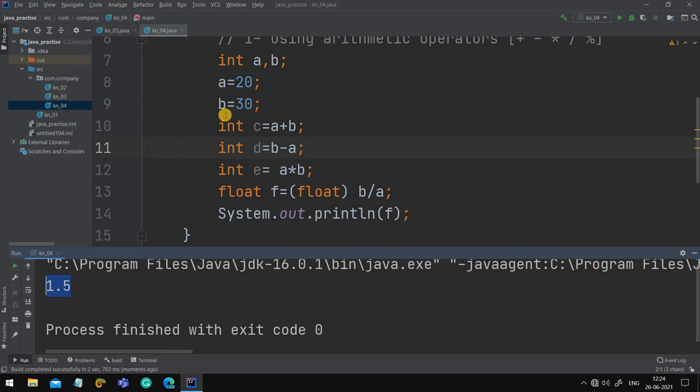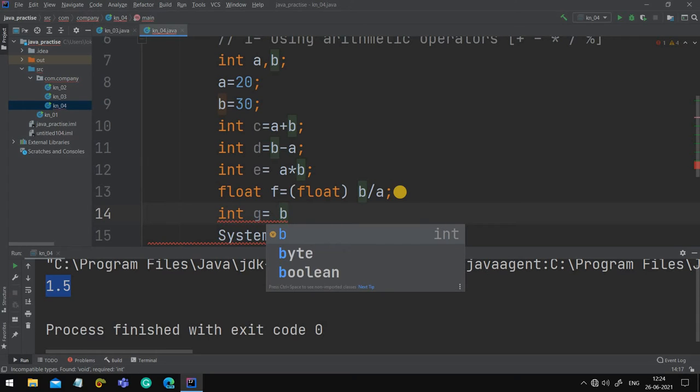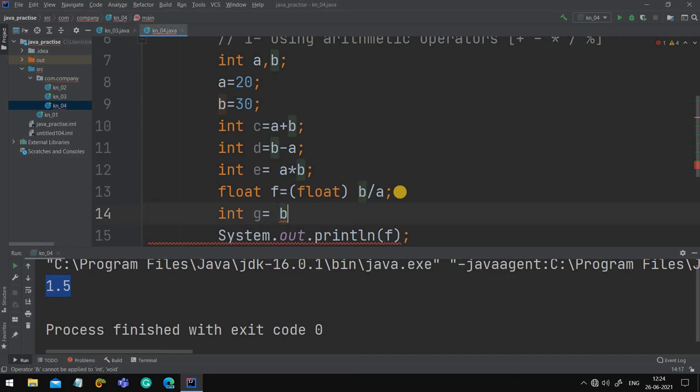So this is when we divide 30 by 20. But if we wish to get the remainder printed out, then what we can do is write int g is equal to b, and this percentage sign is known as modulus. b percentage a.